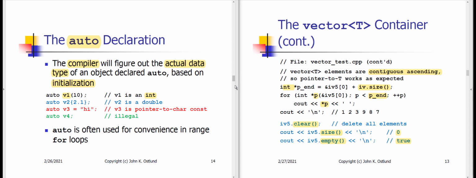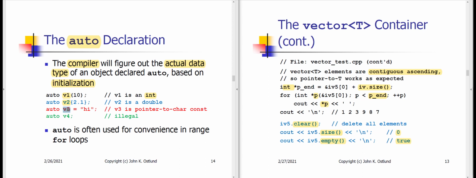Okay, so I want to be clear here. It is not the case that v1 is some kind of flexible data type. The compiler analyzes this at compile time. The compiler sees that v1 is being initialized with a 10, and so the compiler says, oh, I get it, v1 is an int. On the other hand, if my initial value is a double, then the compiler will say, okay, this variable v2 is a double,